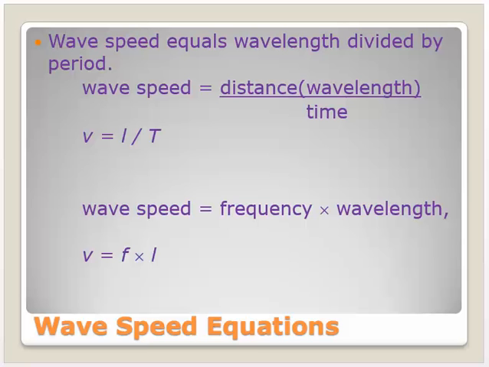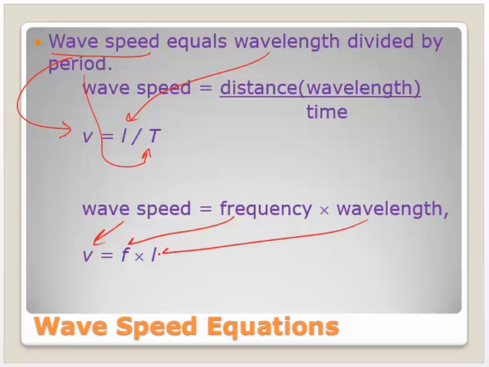Wave speed equals wavelength divided by period. So what we have here is the wave speed, that's going to be represented by v, equals the wavelength. For lack of a lot of those lambdas, I use L in here for wavelength, and period then obviously is the T. In this case, wave speed, frequency, wavelength.